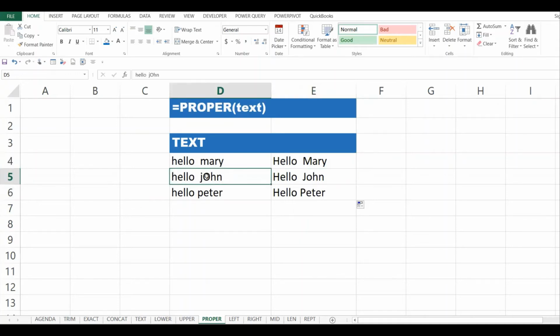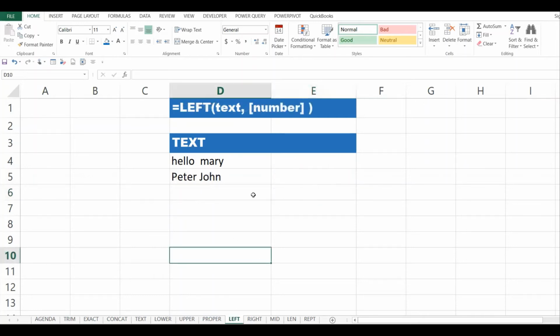John, if you have a capital in between here, it also changes it into the lower case. So the main point to note here is that the first letter is changed into uppercase, and the rest of the letters are changed into the lower case.